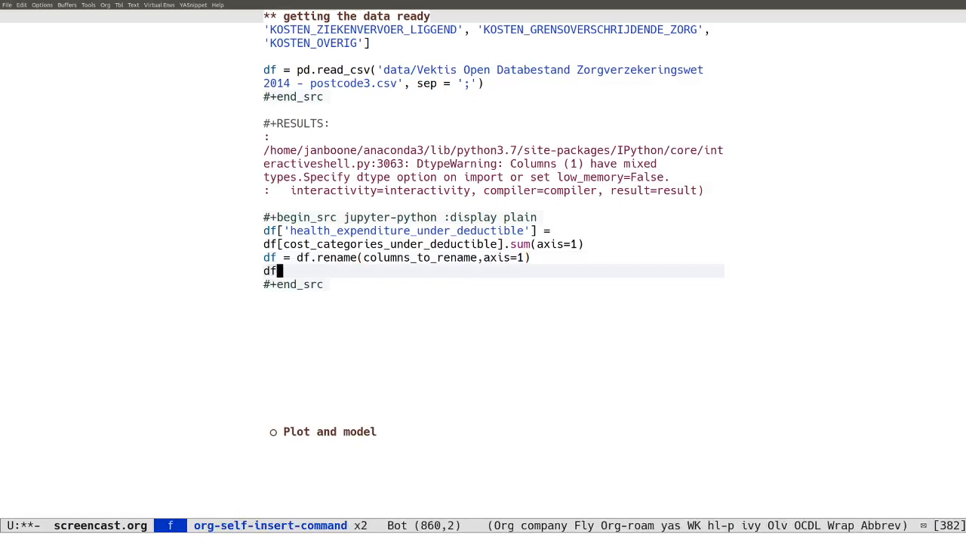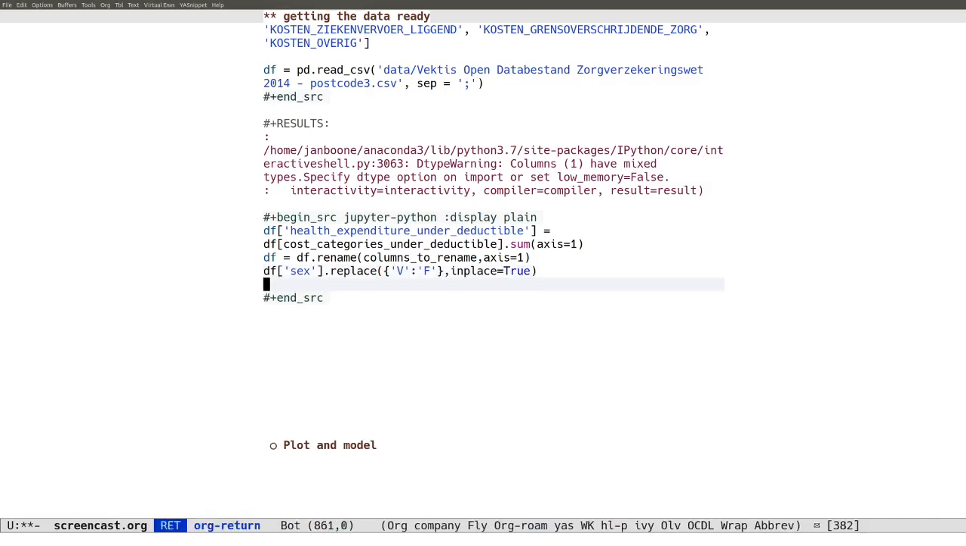There is one more renaming step that we want to do, and that's for our gender column. So we're going to replace here, and because we use replace, we create again a dictionary. The dataset uses V, which is Dutch, but we want to use F for female. And we're going to specify that we actually want to change this in the data frame itself, so in place is true. And now we can look at what the data frame looks like,